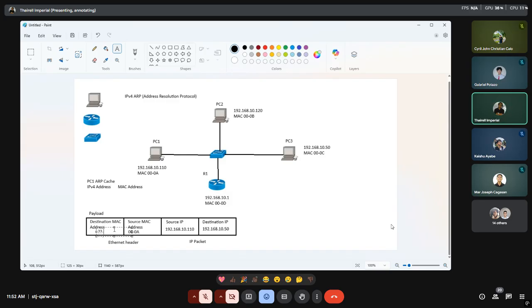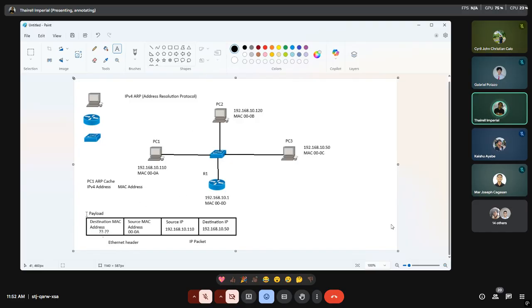So how is the address being resolved, and what processes are entailed the moment this has to be initiated? We have no idea of the MAC address. So what happens next is this.